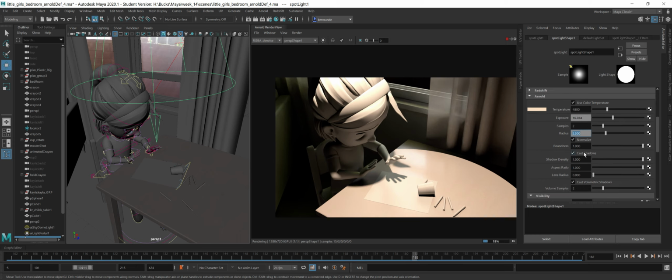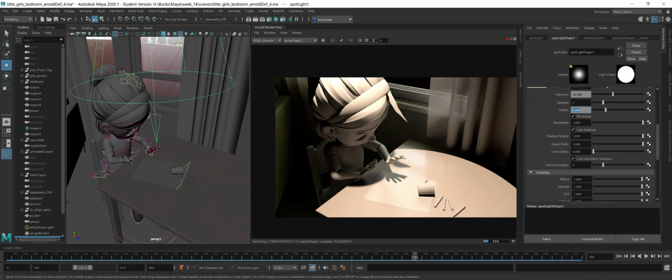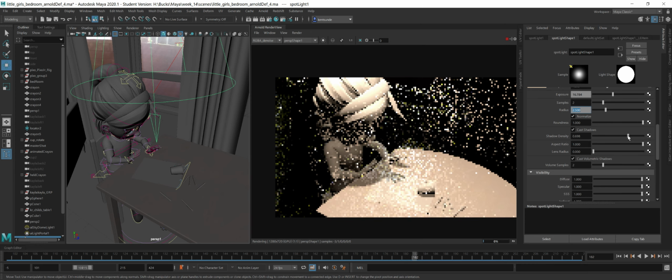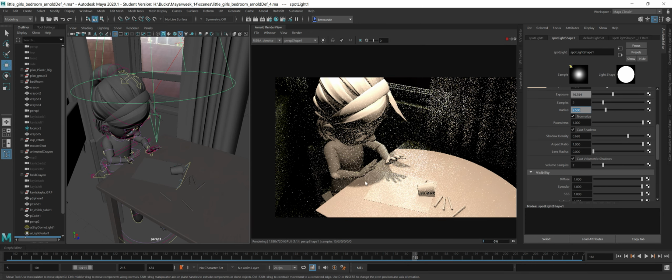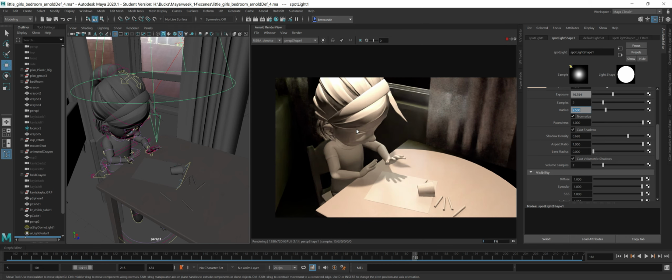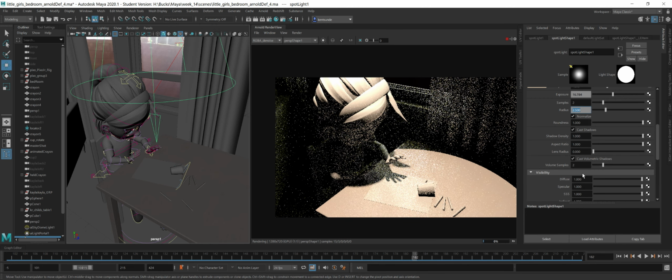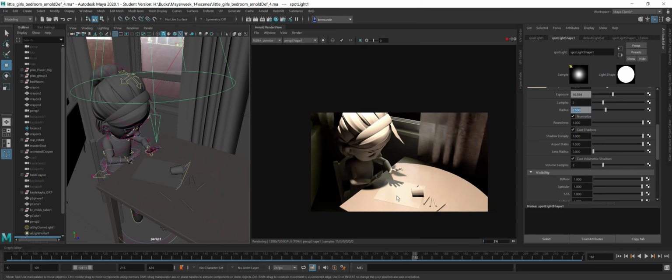Cast shadows. Do you want it to cast shadows? Yes or no? Pretty self-evident. Shadow density. You've got to be really careful when you're doing something like this, because you really start to make things look fake, right? Especially when it's such a key lighting element. If it's not a key lighting element, then you can get away with it a little bit more. But if it's a key lighting element like this spotlight right now, I don't know if you really can get away with it. If you can, comment in the